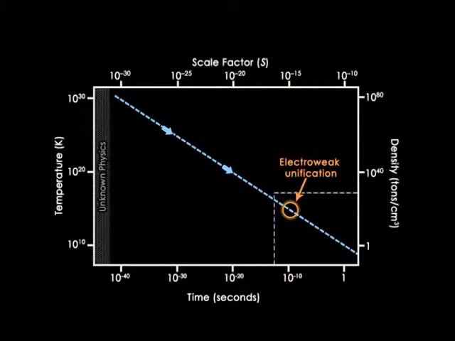Here it is at 1/10 of a nanosecond, when particles had about 100 GeV of energy. As the temperature dropped past this point, the weak symmetry condition was broken, and because of this, the electroweak force took on 2 different guises, the electromagnetic force and the weak force. Notice that the transition is well within the region studied by particle accelerators, and so this whole transition is actually very well understood.